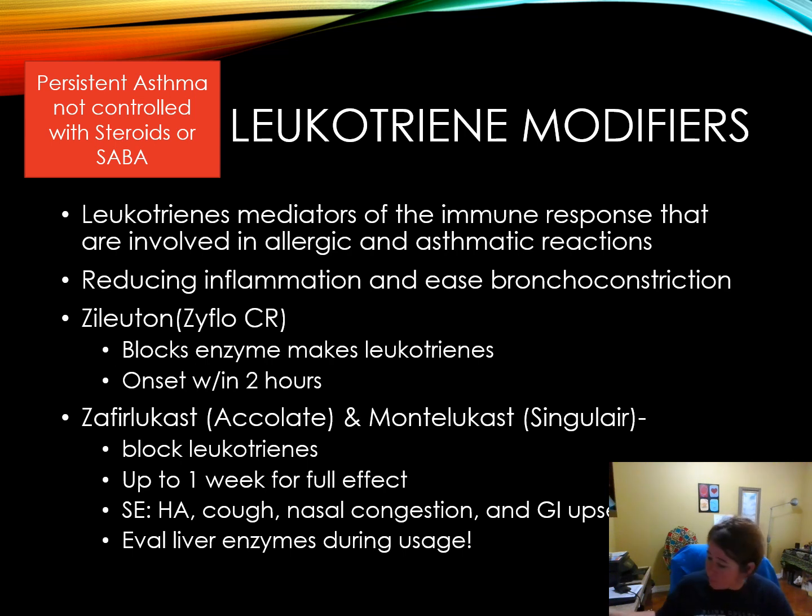Leukotriene modifiers. Leukotriene modifiers play a pretty big deal in the management of asthma. What these medications do, so first off, let's talk about what leukotriene does. Leukotriene is kind of like the really irritating big brother that institutes all the fights, okay? So that's what a leukotriene modifier does. It starts a lot of fights. It actually starts the allergic reaction. It can start